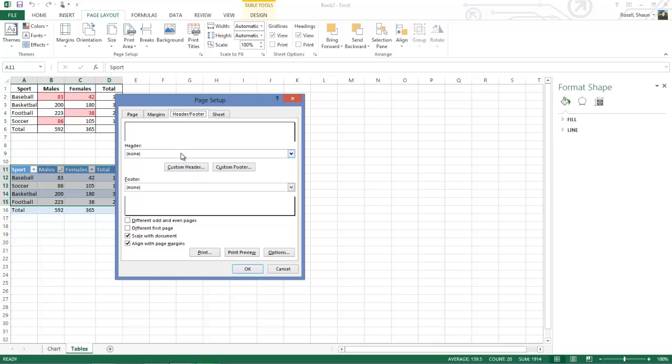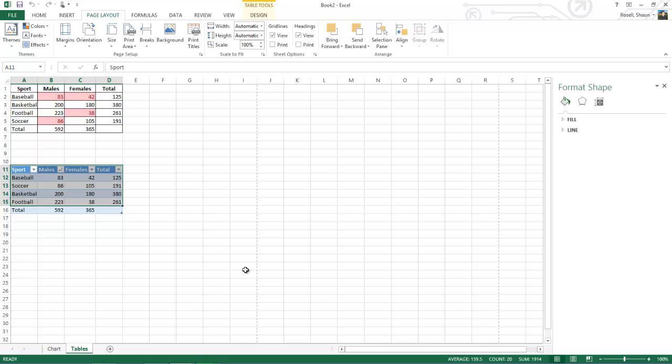In this case, we are going to leave the header alone. We can also do the same with the footer. We can add a custom footer or one that is already made for us. And we will call the footer page 1 of however many sheets there are. Now we click on OK,